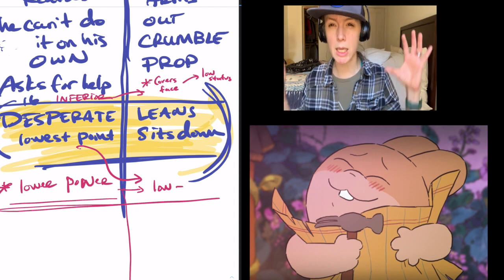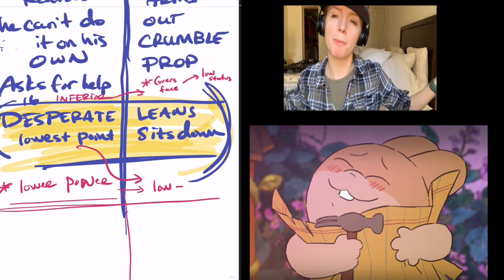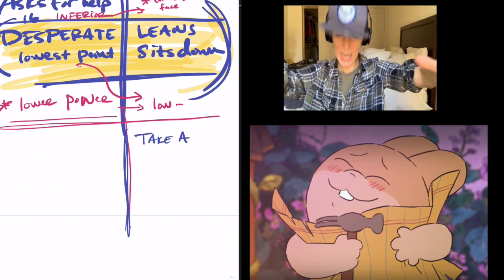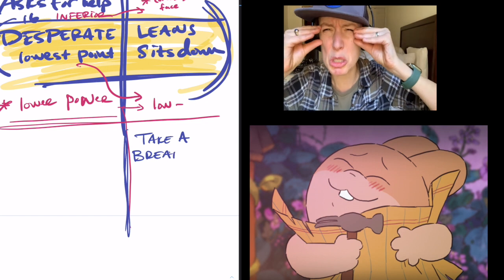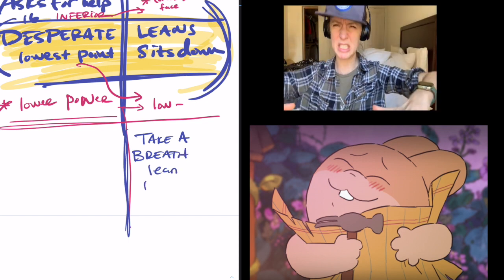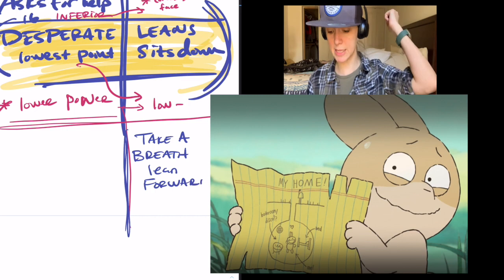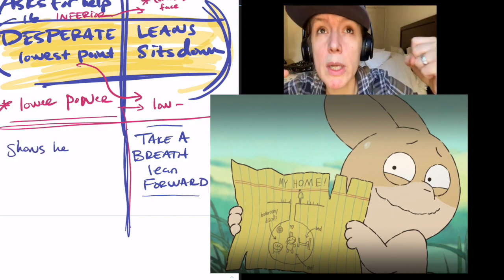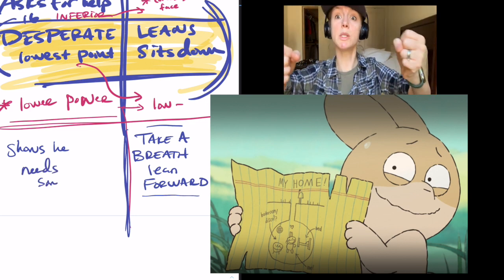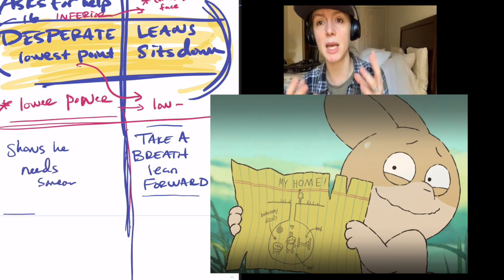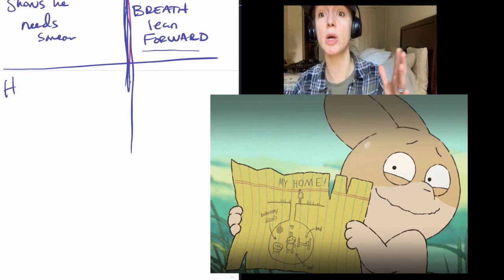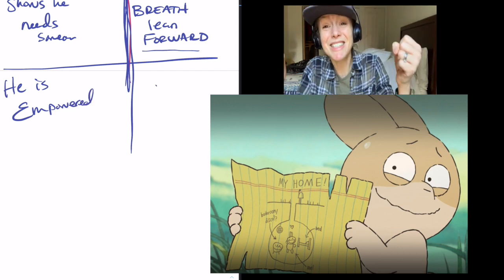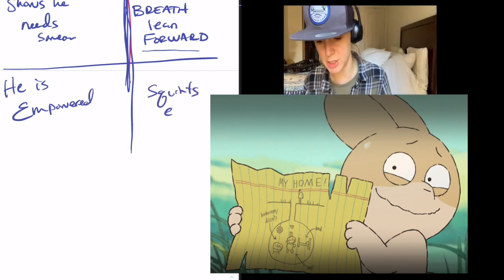And he basically is empowered by people helping him. And he's like, I'm going to lift myself up. I'm going to get up from this ground. I'm going to do it. So he makes the choice of squinting his eyes and taking a deep breath and getting up and doing something. And then another blocking choice is he realizes that he could get his objective. So he holds his paper out. Right? So that would be something, you uncrumbling something, that is a dramatic choice. So you have hope again, holding the map out, that's a choice. He smiles, that's a choice you could write in your T-chart.